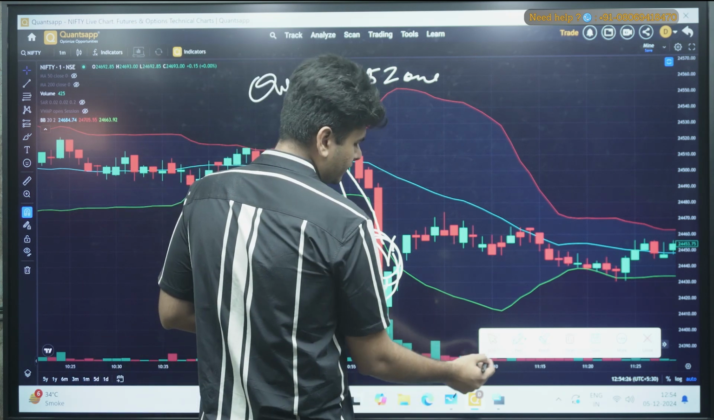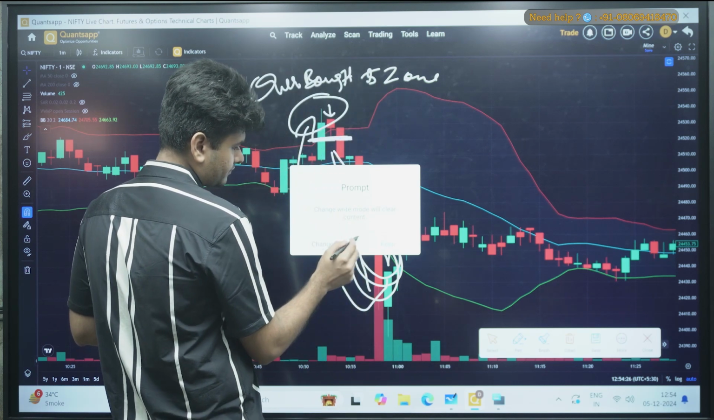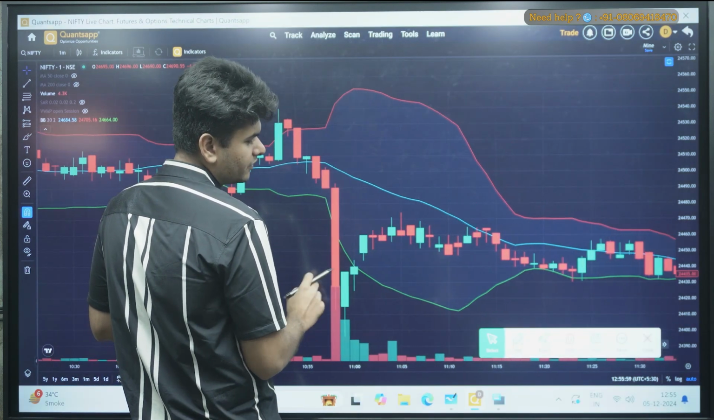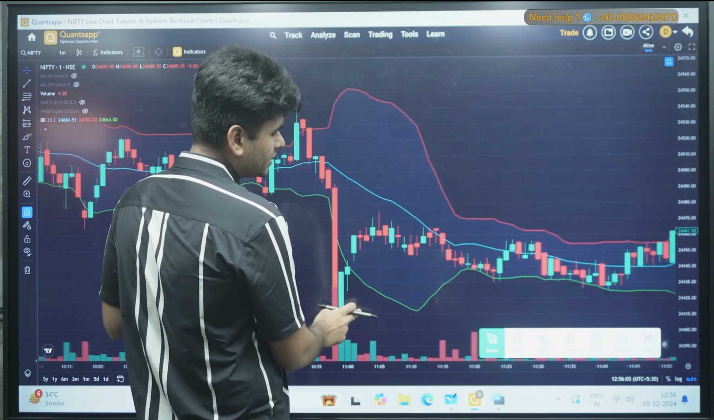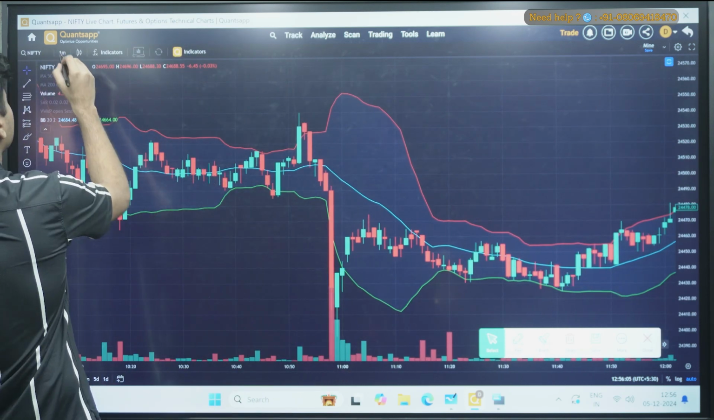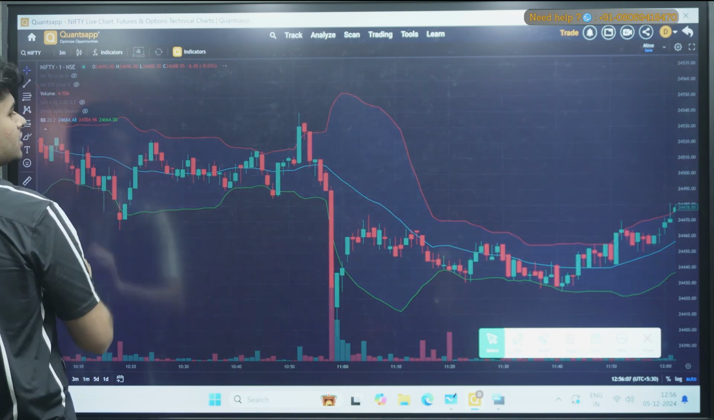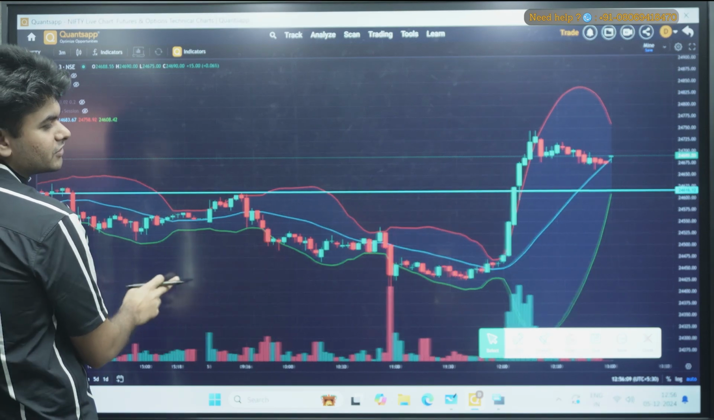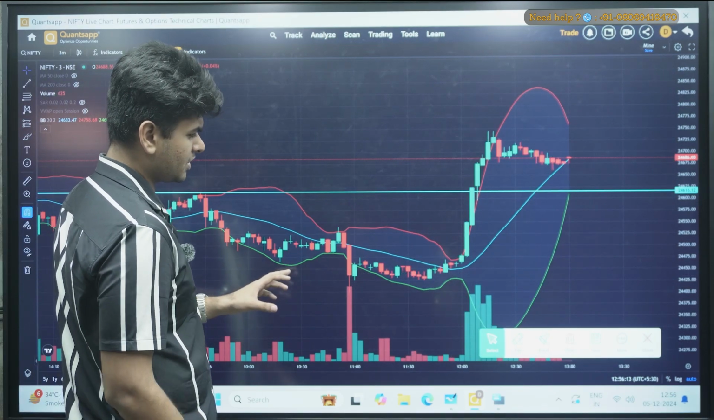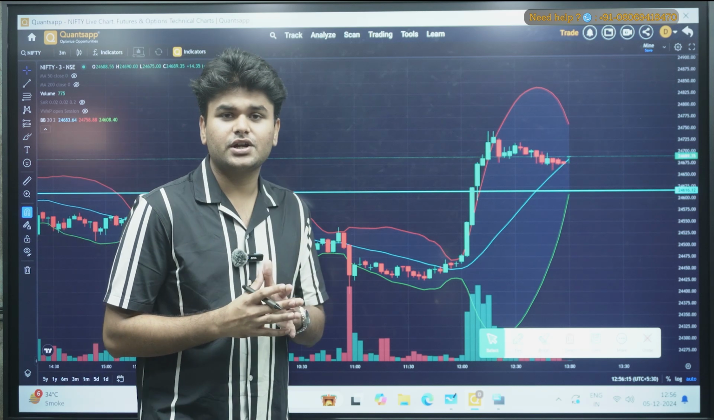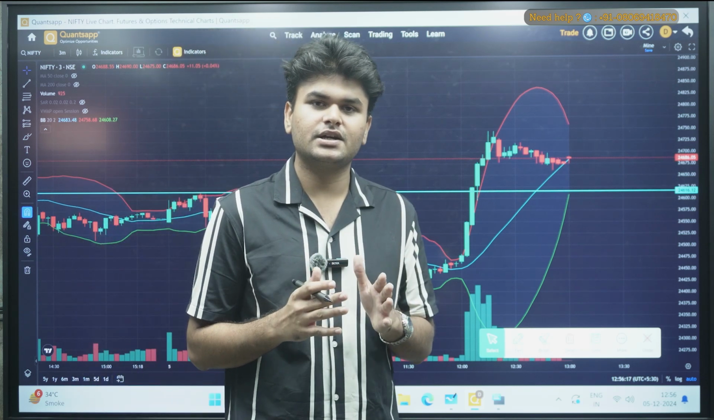Now again, if we just come here, okay, now we'll move forward. As you can see, we'll just change the time frame to a higher time frame. Let's just suppose 3 minutes, or 3 minutes is decent. So at 3 minutes, you can see there is one more indication you can take from Bollinger Bands, that whenever